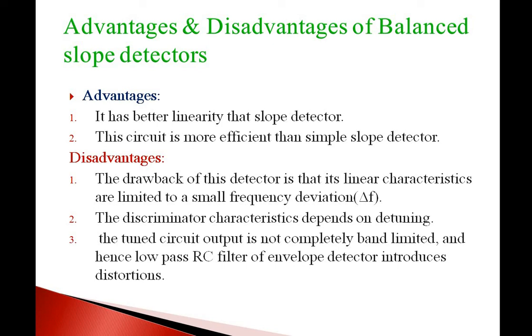Suppose the frequency deviation for your resultant output is the 3 dB bandwidth. If you take that, you will get 2 into delta F. If that is the complete bandwidth at 3 dB, then what delta F value will you get? Once again I am repeating, ma'am. For example, think that your complete bandwidth is 3 Hertz. Then if you apply that, what is your frequency deviation value? 2 into delta F.